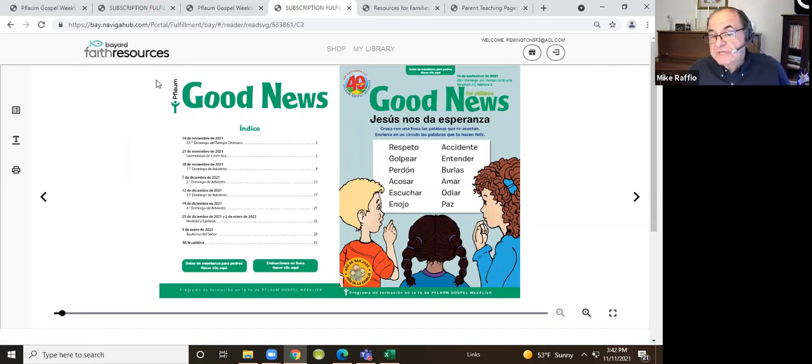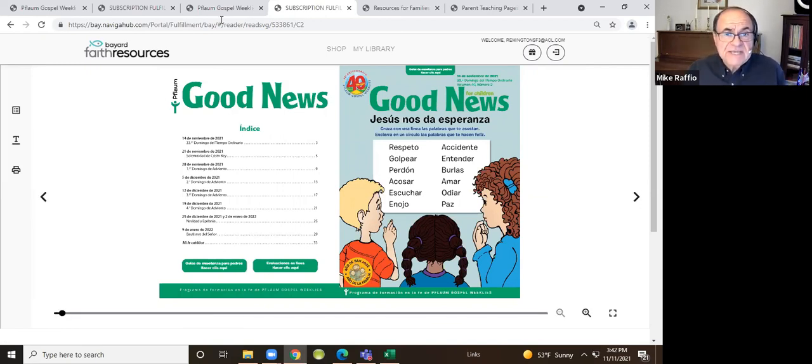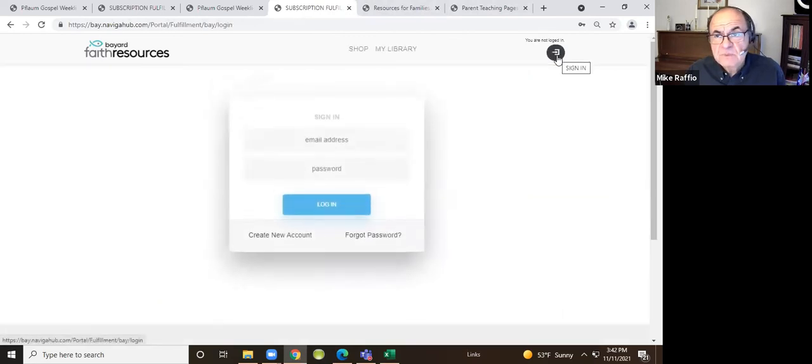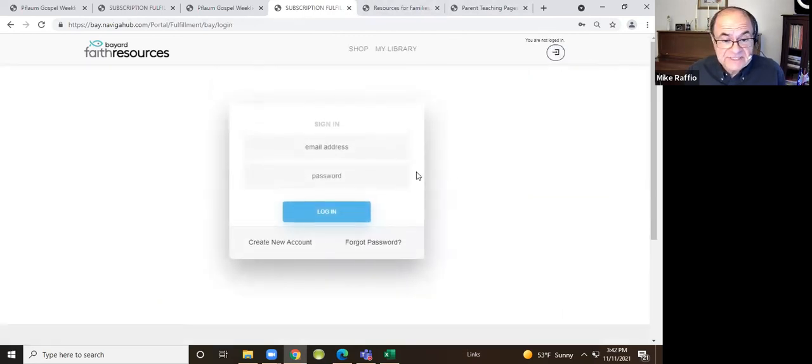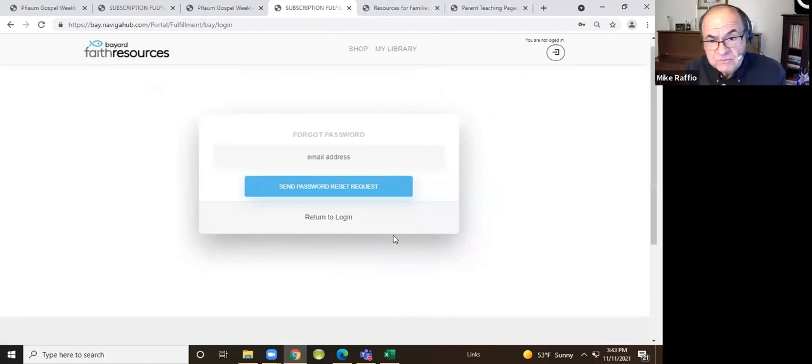They're able to recover their password if they lose it. So everyone will be able to monitor and administer their own account, and they won't have to contact us to do anything like change their password. They just click on forgot password, and they will follow the instructions, and they'll be able to change their password.